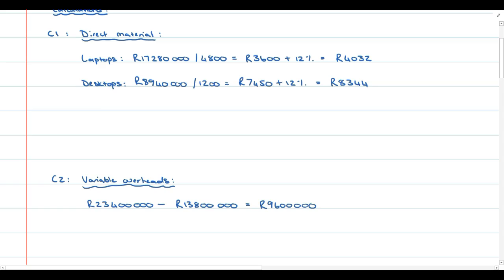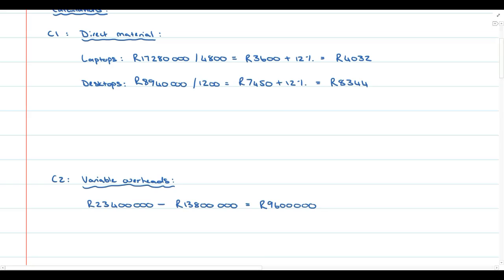All right. Now, when it comes to variable costs, it's preferable to work with a variable cost per unit and not variable costs in total, because if you have any change in your production volumes, the total variable cost is obviously going to change. However, your variable cost per unit always remains constant. So let's calculate what the cost is per unit. We were not told about any future changes in your variable overhead. So whatever the cost is per unit, that's what the expected cost is also in the future. And then if we have any changes in production volumes, we can take that into account when we are actually